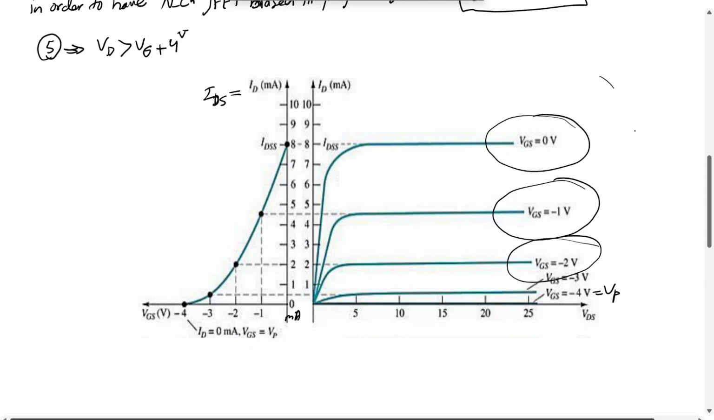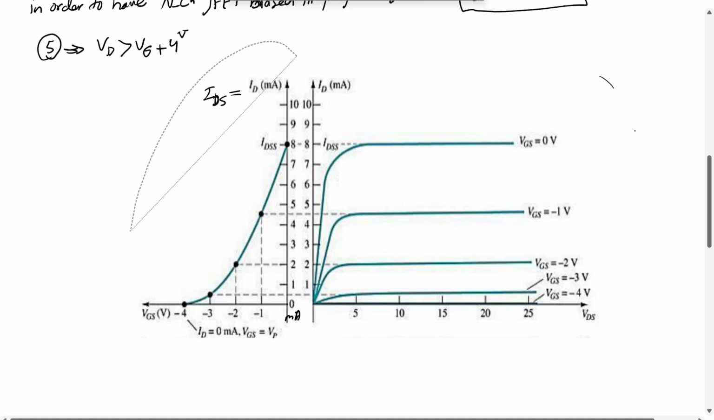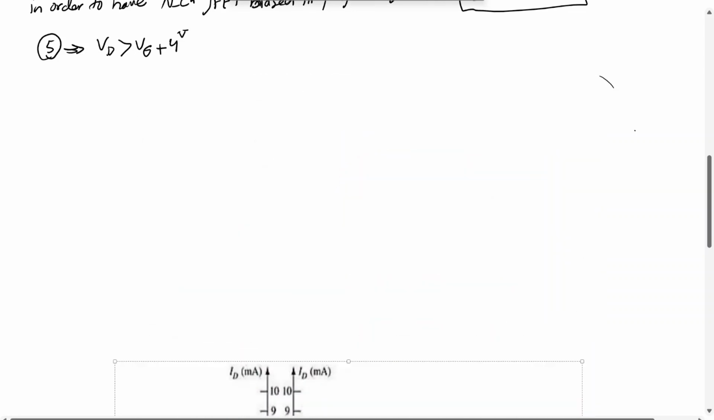Okay, so this was exactly what I was referring to. So that's the behavior, and that's the IV characteristic of the N-channel JFET. So let me move this out of view. Now,